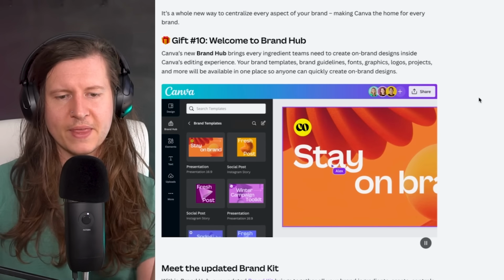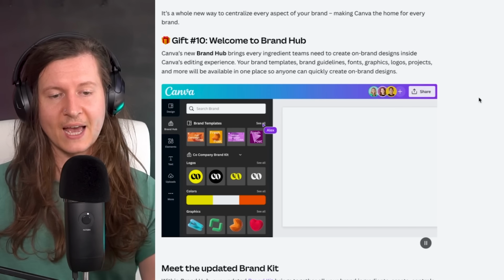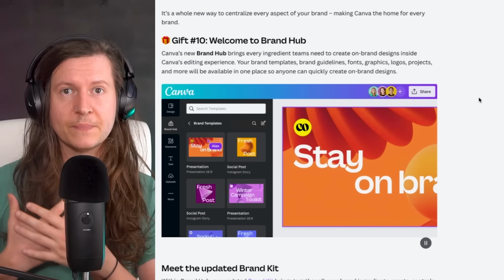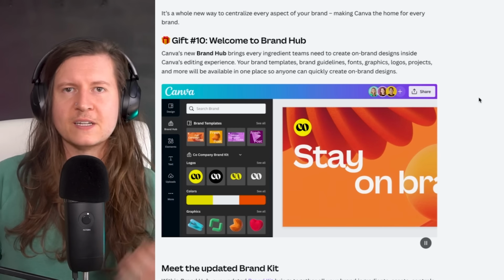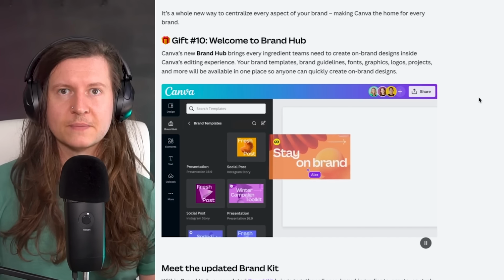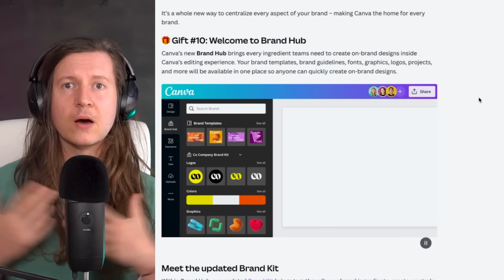Finally, we have Brand Hub, which Canva is using to target teams and businesses to organize all of their diverse brand assets in one place. Everything from their brand templates, brand guidelines, to their fonts, graphics, logos, projects, and more will all be available in a single centralized library, which is a little bit like a Google Drive inside of Canva for quickly accessing different media for your brand. It's great if you are working with a larger team and you want to align your